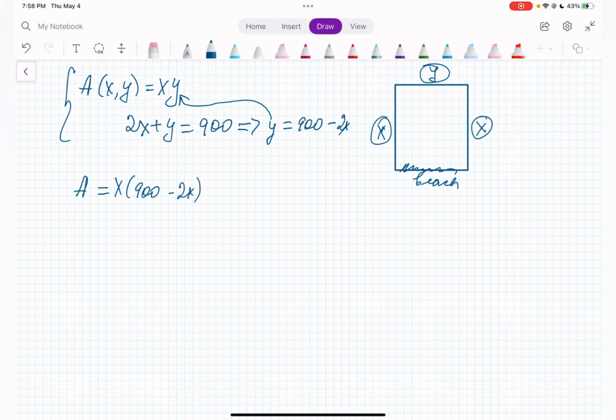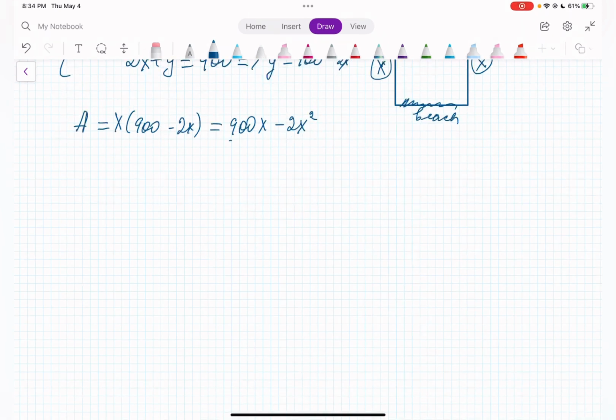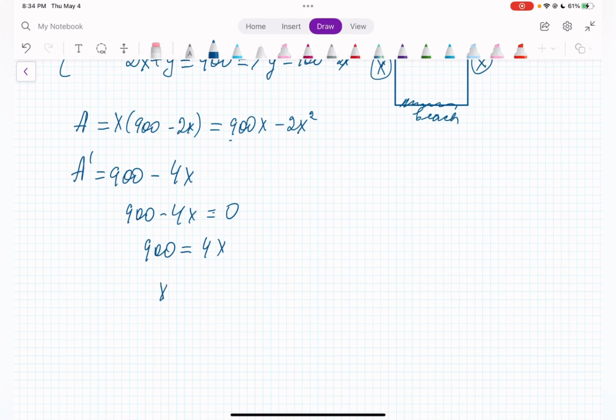And from here, we are going to get 900x minus 2x squared. So the derivative A prime is going to be equal to 900 minus 4x. We set it equal to 0, right? So 900 equals 4x, and x is equal to